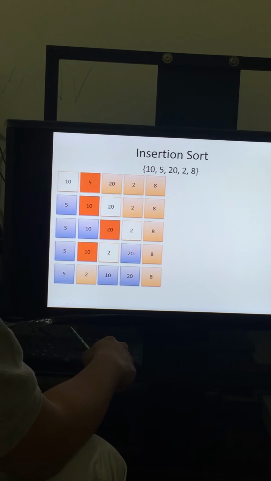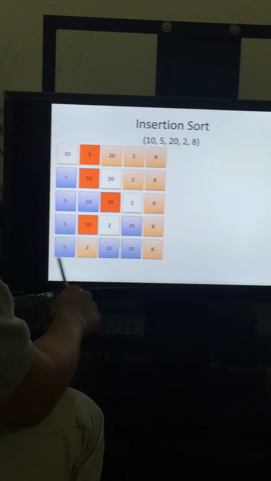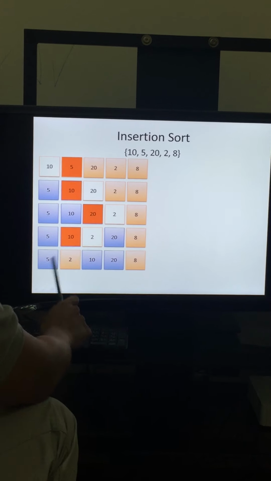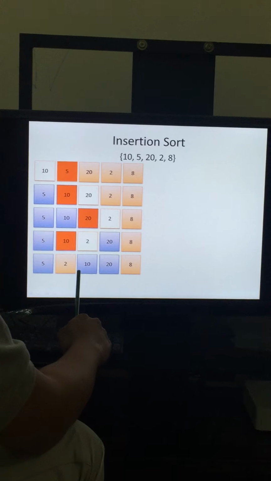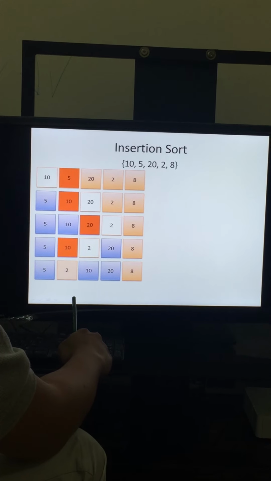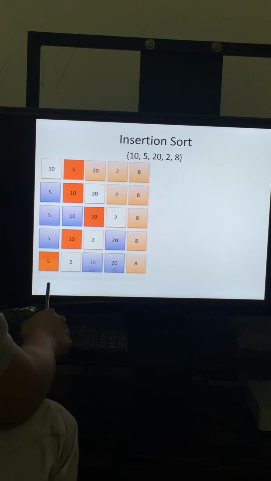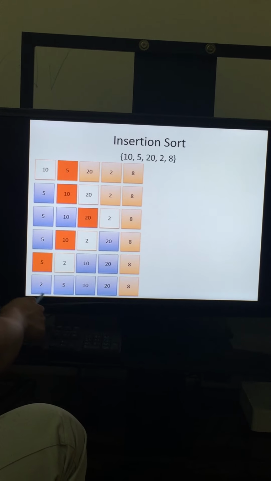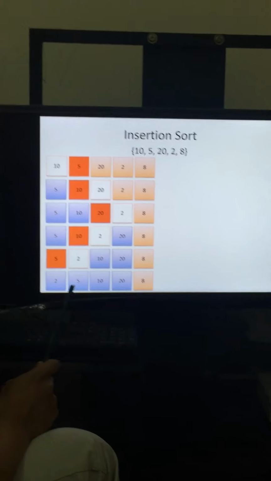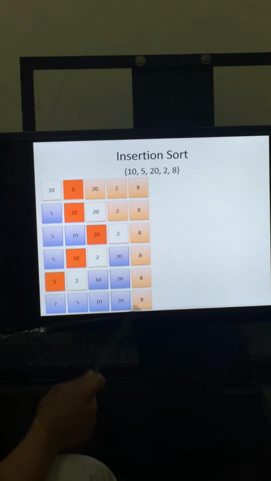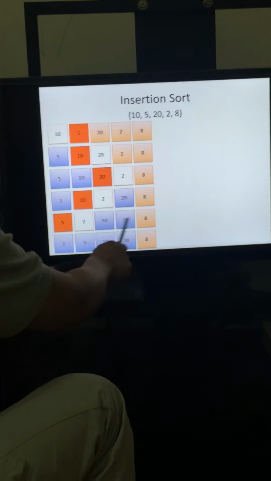compare the second element to the first element. 2 is less than 5, it's equal to true. Then swap again. Now we will see that the 2 value will reach the first element. From here, now it's here. Since we already sorted the first to fourth, 2, 5, 10, 20,